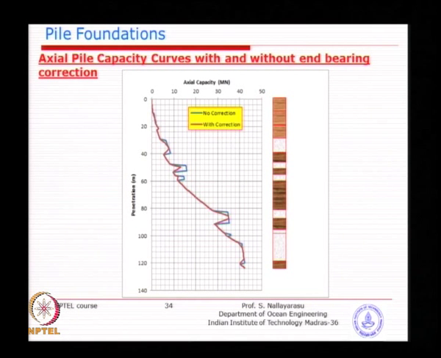If not, what will happen? The pile will stop at that layer, because you have taken a smaller hammer offshore and did not evaluate properly. So, what will happen? You are at the start of this layer, or maybe slightly gone in, but you are unable to drive. Either the hammer will break or the pile will fail, because you are trying to overdrive. So, if you stop the pile here, what happened to the capacity?